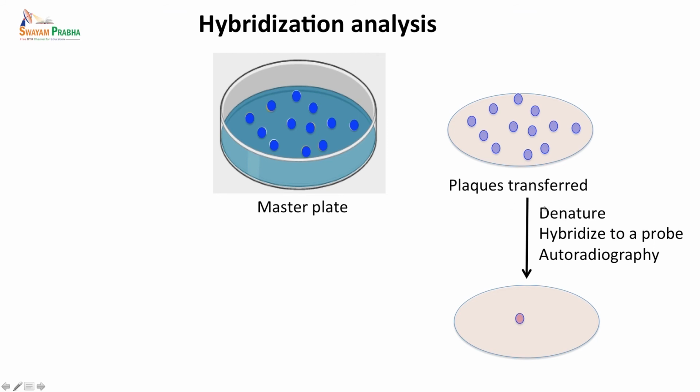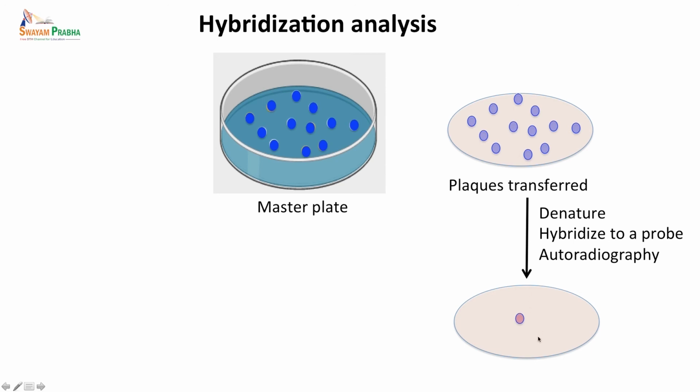So you lyse them, denature the DNA, and hybridize to a DNA probe. And if this DNA probe is labeled with radioactivity, you do autoradiography. Nowadays you can also use a fluorescently labeled probe, and you develop it on a film, photographic film, or phosphorimager. Then the probe will hybridize to whichever plaque contains the gene of interest. So supposing one plaque lights up on your autoradiograph, so this will be one signal, and most likely this is